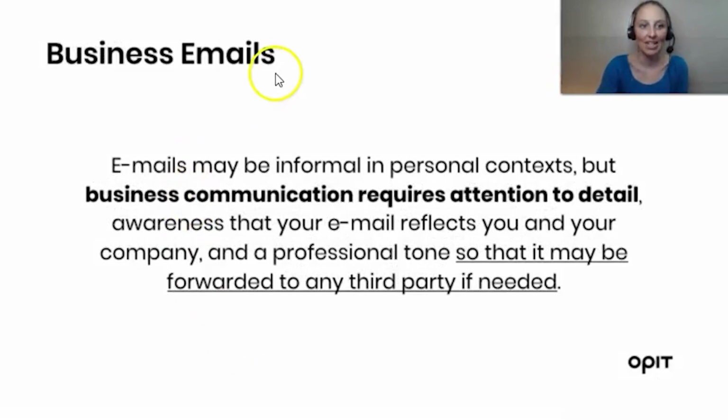For business emails, emails may be informal in personal contexts, but for business communication, they require attention to detail and an awareness that your email reflects you and your company, and a professional tone so that it may be forwarded to a third party if needed. The fact that the email reflects you is important as